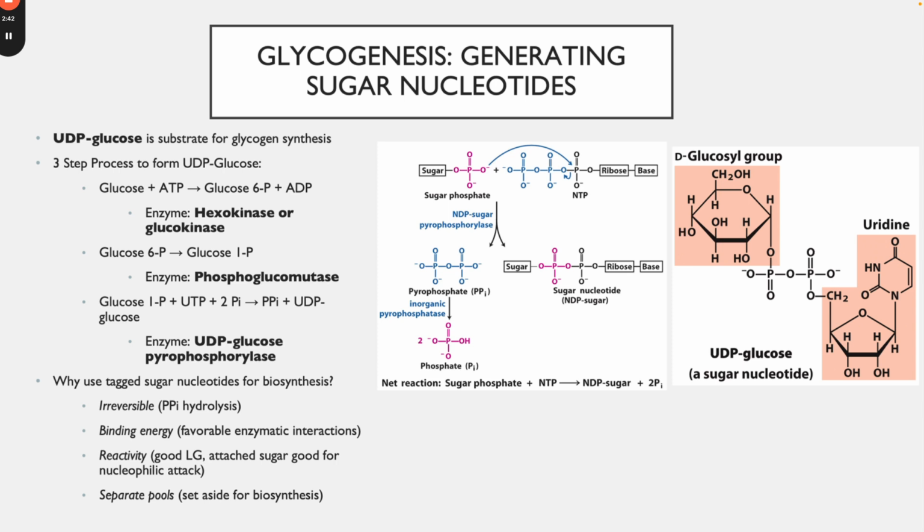And again, the name of it is phosphoglucomutase. So you're dealing with the phosphorylated glucose. And then the third reaction, the final one, is that we're taking glucose 1-phosphate,